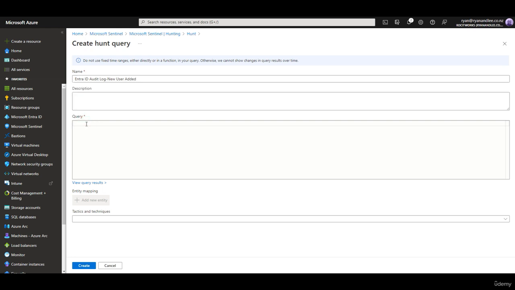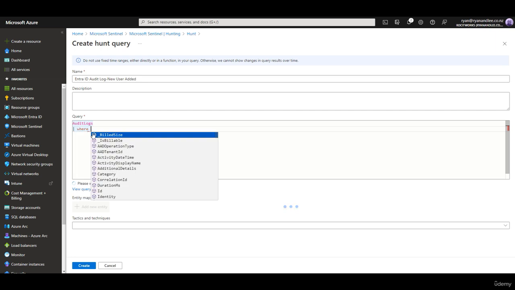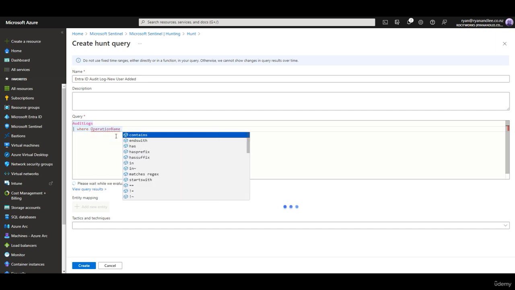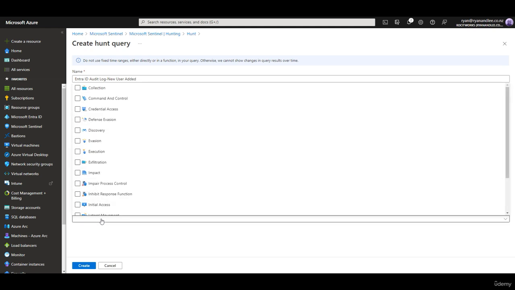Now I'm going to come in here, I'm going to type in audit. I'm going to select audit logs. Where is, I'm going to select operational name, and I'm just going to call this one add user. And I'm going to go ahead and under the techniques, it's really important with the tactics, we want